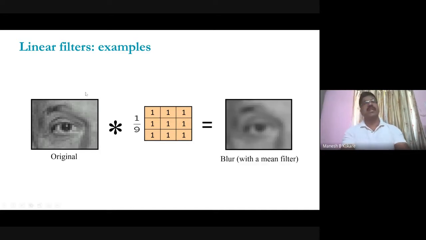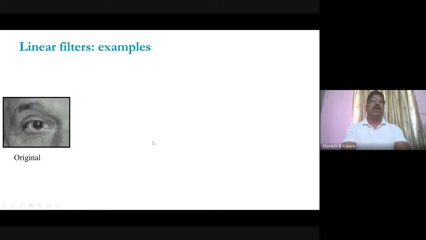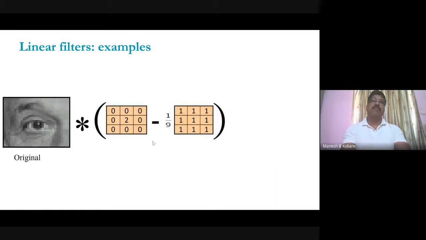Now this is simple averaging, which we have already considered. So this will basically blur the image, or will try to remove the noise by taking the mean or average, and so on. And then, for example, if you multiply this with 2, and then again you are subtracting the mean of that one.